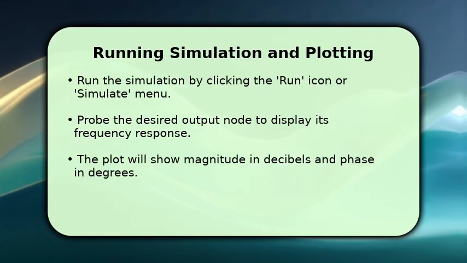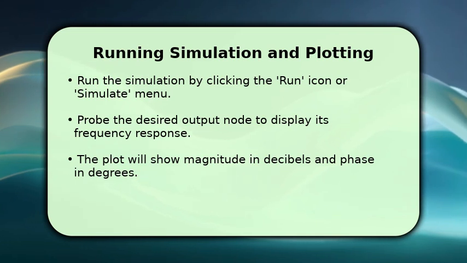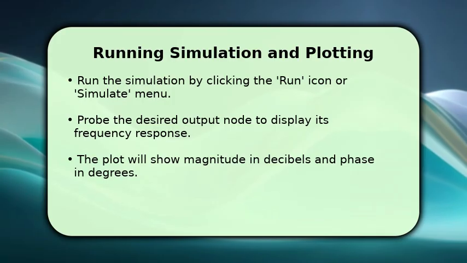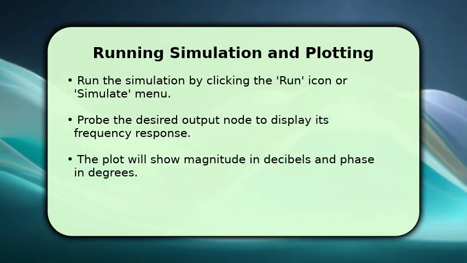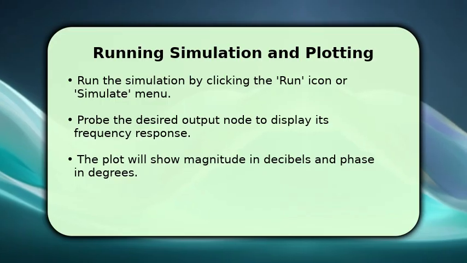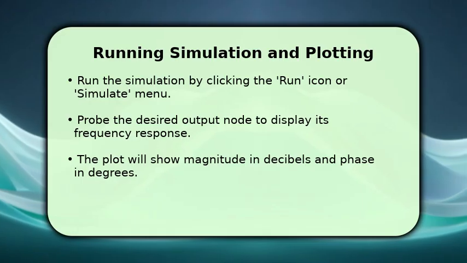Click the Run button, which looks like a running man, on the toolbar. A blank plot window will appear. Now, move your mouse over the output node or wire you wish to analyze. The cursor will change to a voltage probe. Click on it, and LTspice will automatically plot the magnitude and phase of that node's voltage across the specified frequency